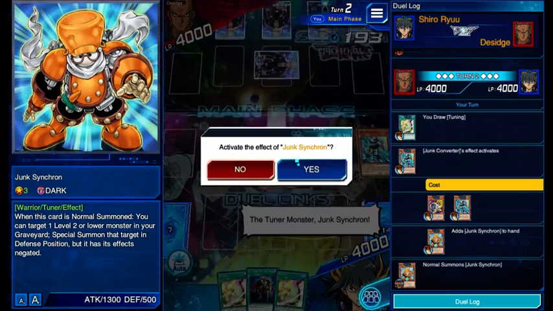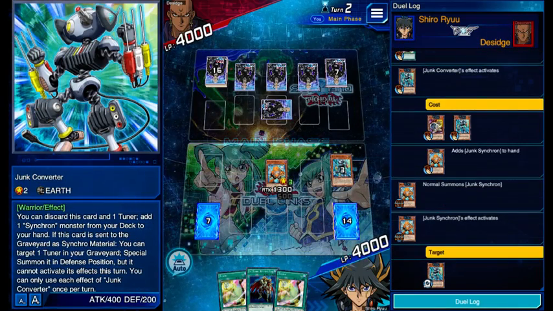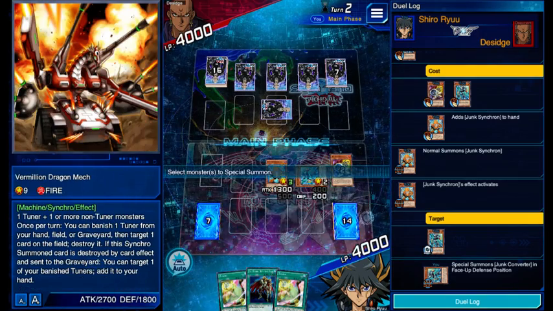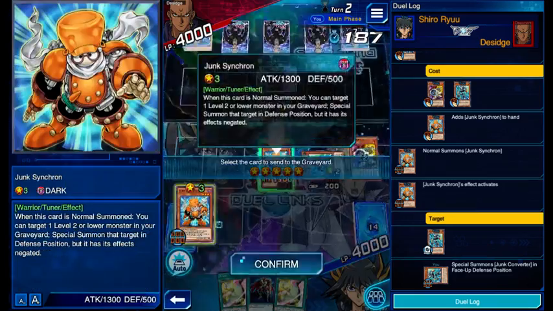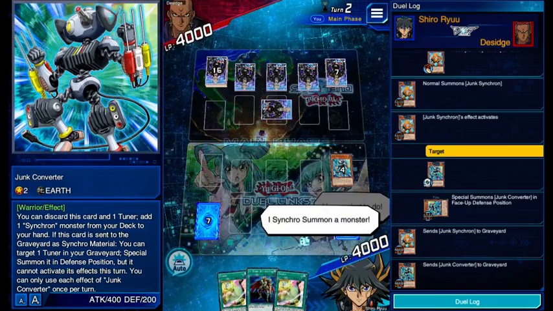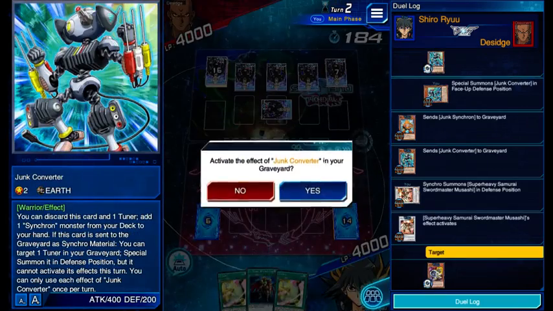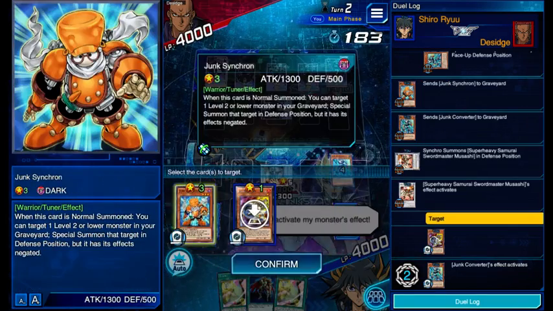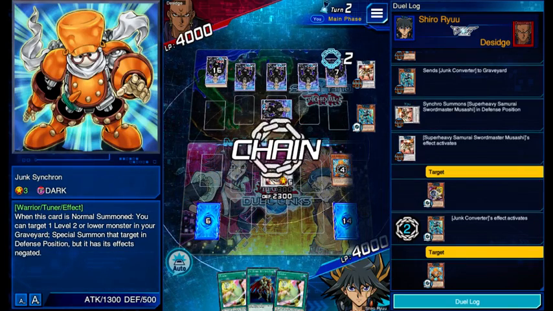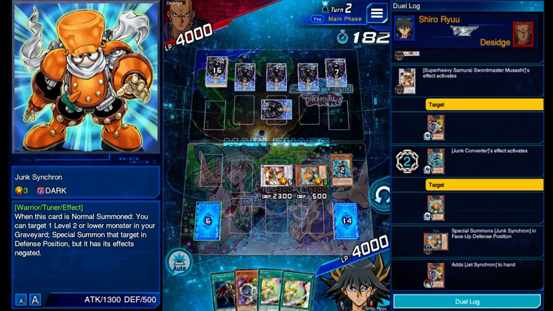The tuner monster Junk Synchron's effect. This is not good because I don't have Heichunade, nor do I have Lance. I will go into Musashi. I synchro summon a monster. I activate my Musashi monster's effect, putting Junk Synchron or Jet Synchron back into my hand, and use Junk Converter. I activate my monster's effect, summon Junk Synchron, and if my monsters survive, I can go into Jet, or the tuner, not Jet, monster Jet Synchron. I can go into